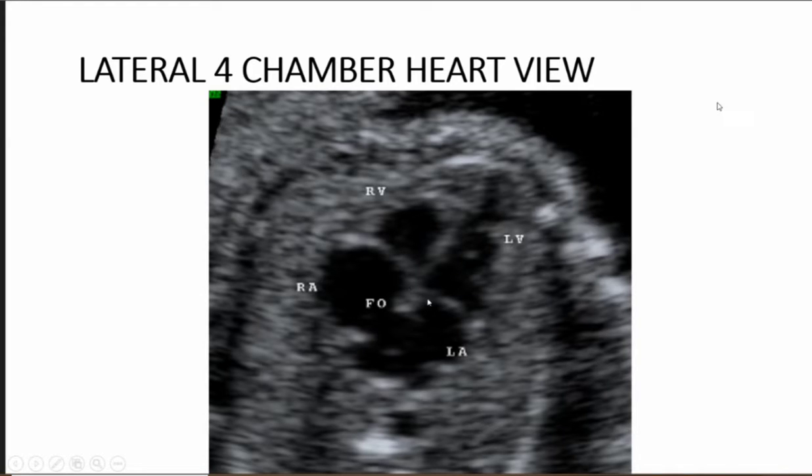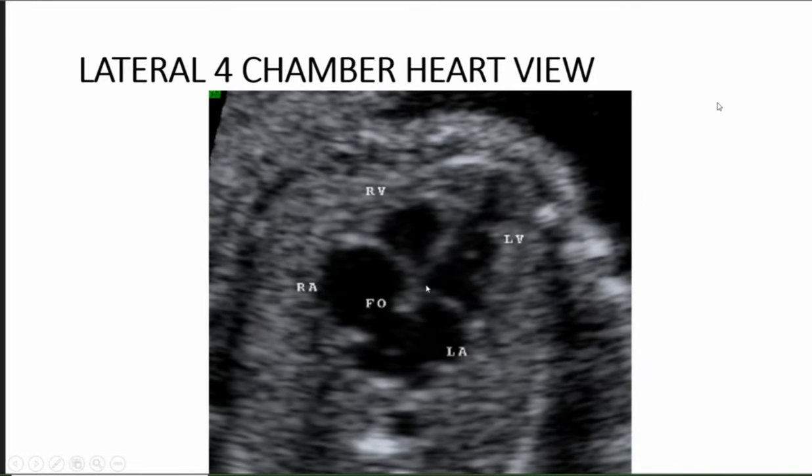Look at the center of the heart. The center of the heart is made up of a structure called the crux. The crux has four components: the septum primum on the atrial side, the membranous part of the interventricular septum, the upper part of the muscular interventricular septum, the septal leaflet of the mitral valve, and the septal leaflet of the tricuspid valve. So these structures form an X-shaped structure, which is called the crux of the heart.